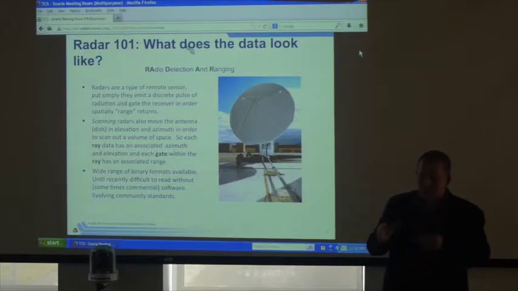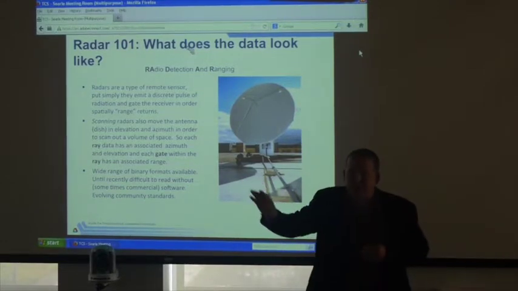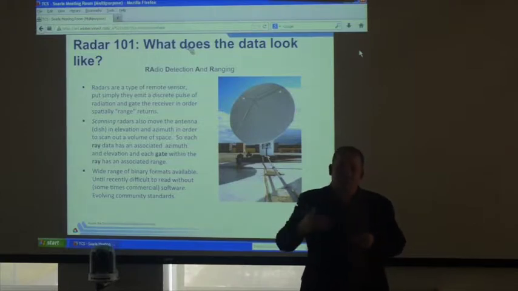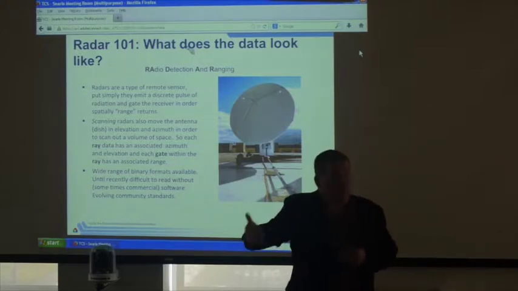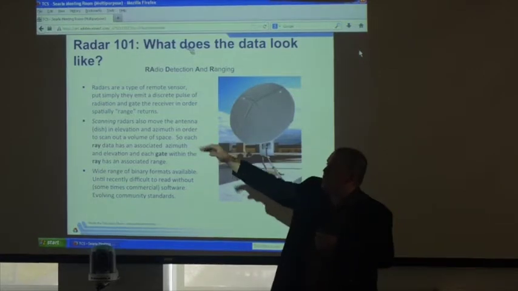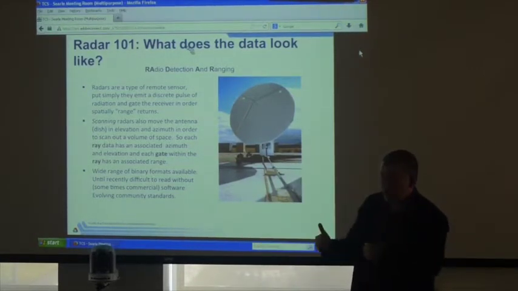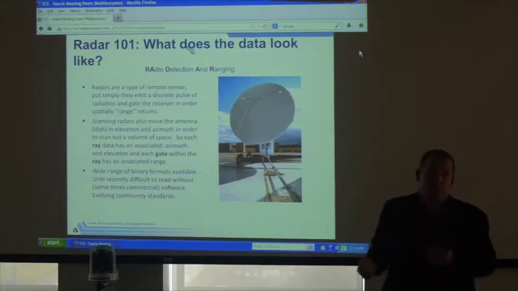It puts together a pulse of radiation that is a couple of tens of meters long, throws it out into the atmosphere, turns on a sensor and watches for what comes back and times that. And by timing it and using the speed of light, you know at which range away from the radar the signal is coming back. So if I have my aircraft sitting out there, I throw a beam of radiation at it that has a discrete length. I can sit there and wait for it to interact with the plane, and using the timing from that, I know that plane's location.